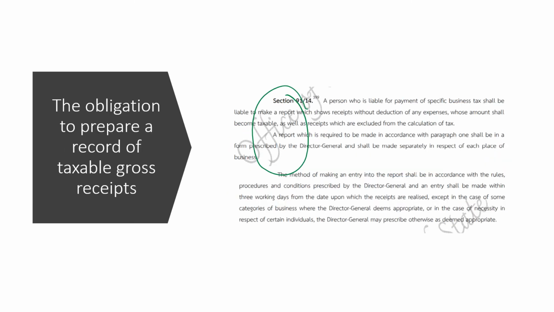91/11. And as I have mentioned before, in order to assess or check whether your tax return or tax filing is correct, the revenue department wants to know the record of your taxable gross receipt, and section 91/14 requires a taxpayer to make a report showing receipts without deduction of any expense to the tax authority as well, because they will be cross-checked with your tax return. So you have to do this under section